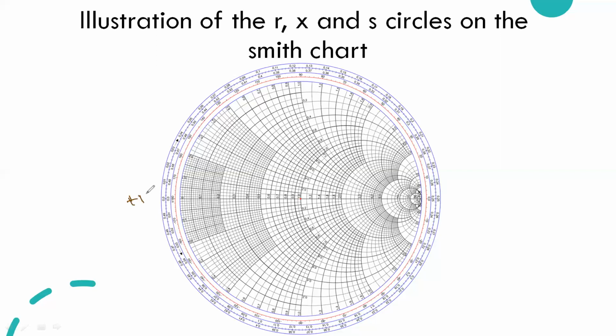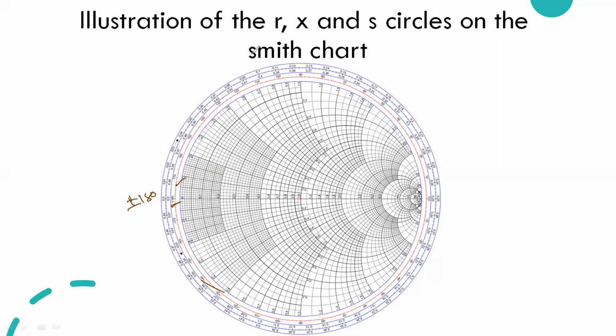Okay, that is one direction. If you go in the other direction, we can have minus 10, 20 degrees, and similarly it goes on to minus 180 degrees. So at this side it shows plus 180 and minus 180. This is about the red circle, the red circle surrounded by the outer periphery of the Smith chart.